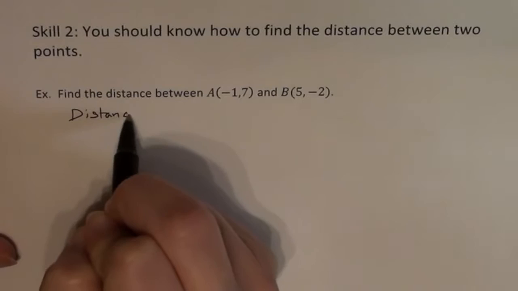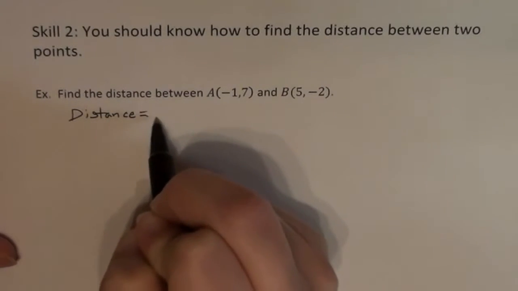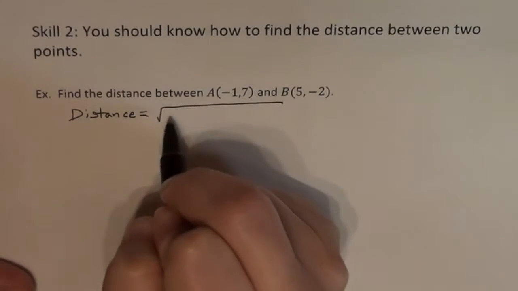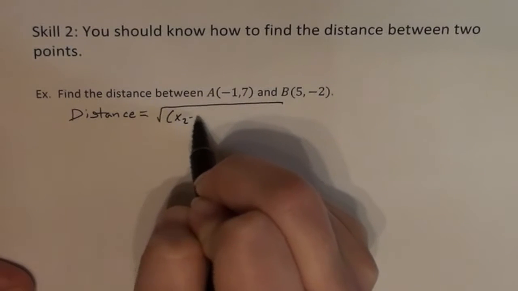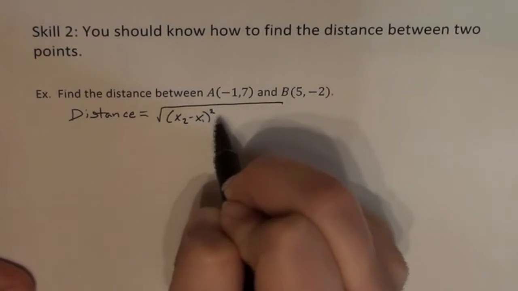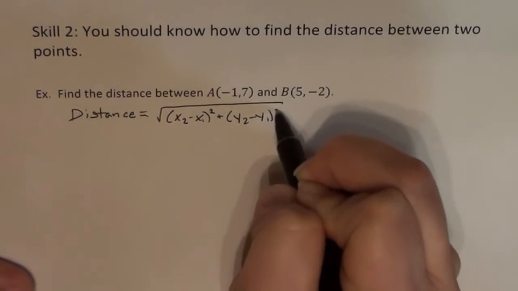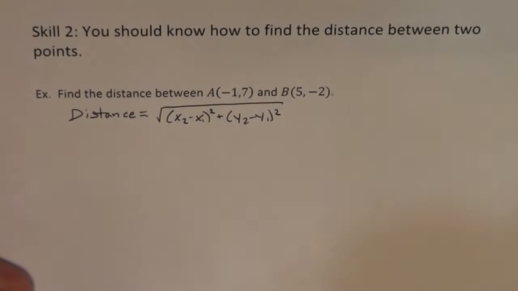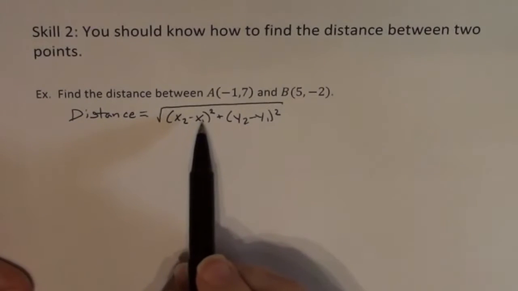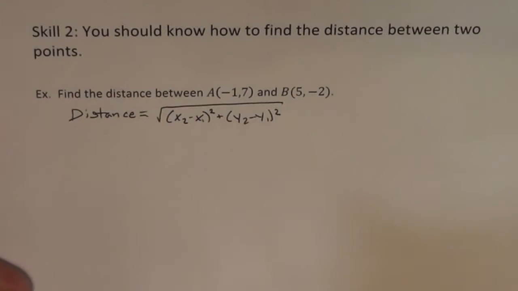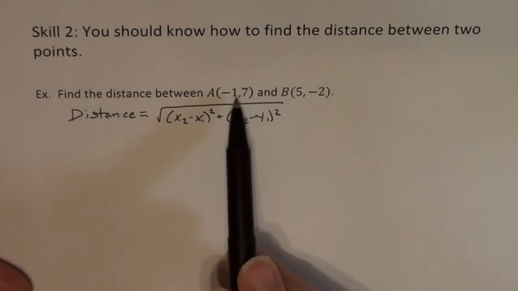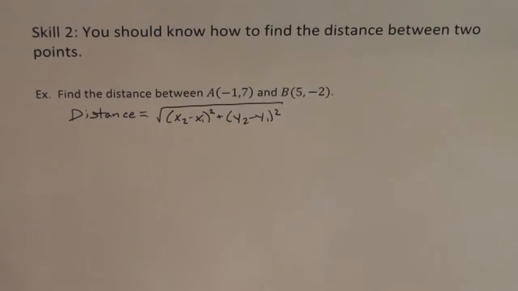So the distance formula is distance equals the square root of the quantity x2 minus x1 squared plus the quantity y2 minus y1 squared. Now in this case, x2, x1, y2, and y1 are coming from the x and the y coordinates of the points given to you in the problem. So for example,